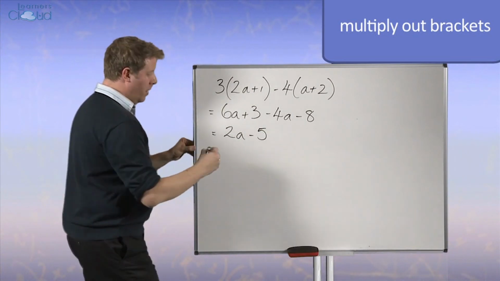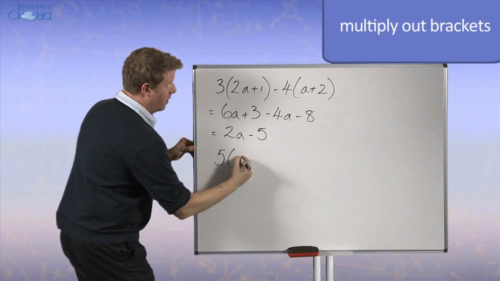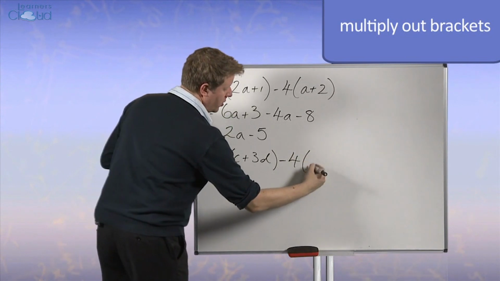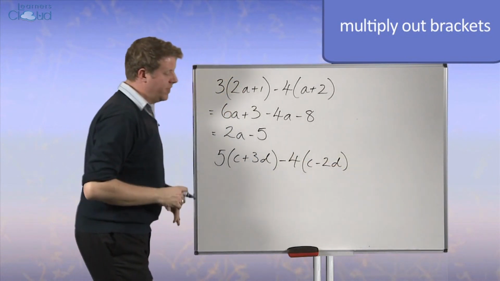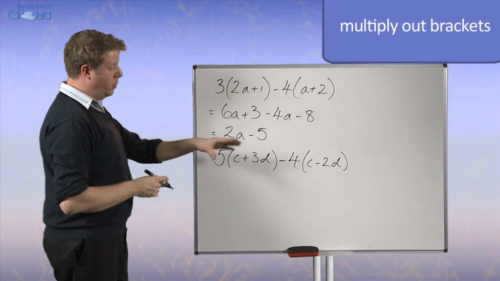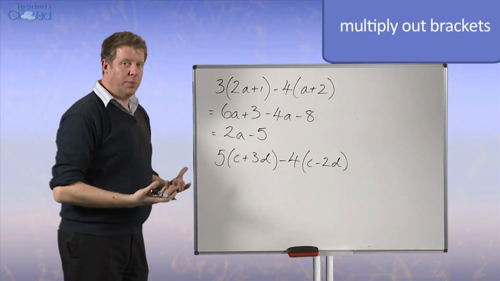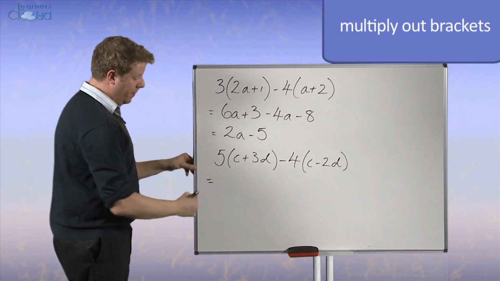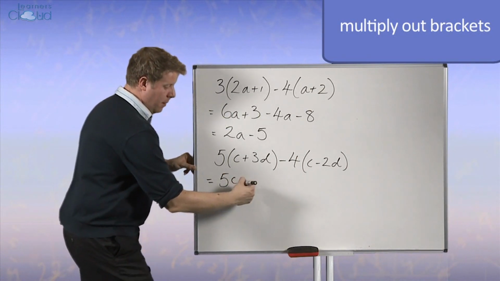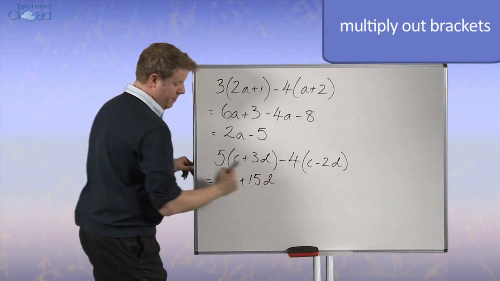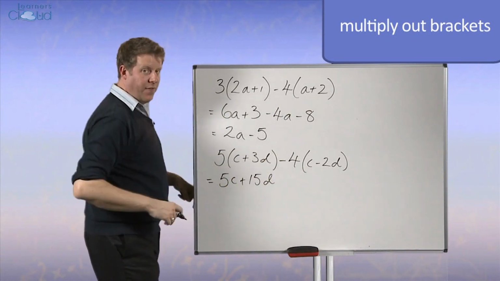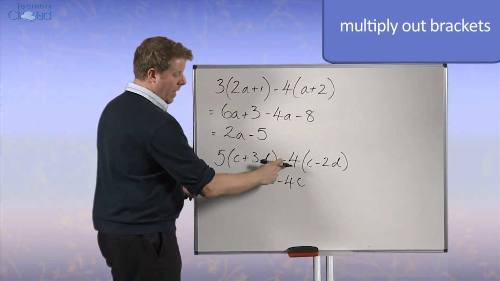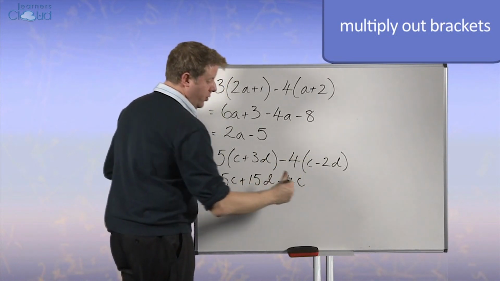Let's look at one more. 5 lots of c plus 3d subtract 4 lots of c minus 2d. So 2 different letters in here. Again, we're multiplying out and then collecting like terms together. So when we multiply out this bracket, it will give us 5c plus 15d. Don't forget that's a negative 4 again. Minus 4 times c, minus 4c, and minus 4 multiplied by minus 2d,